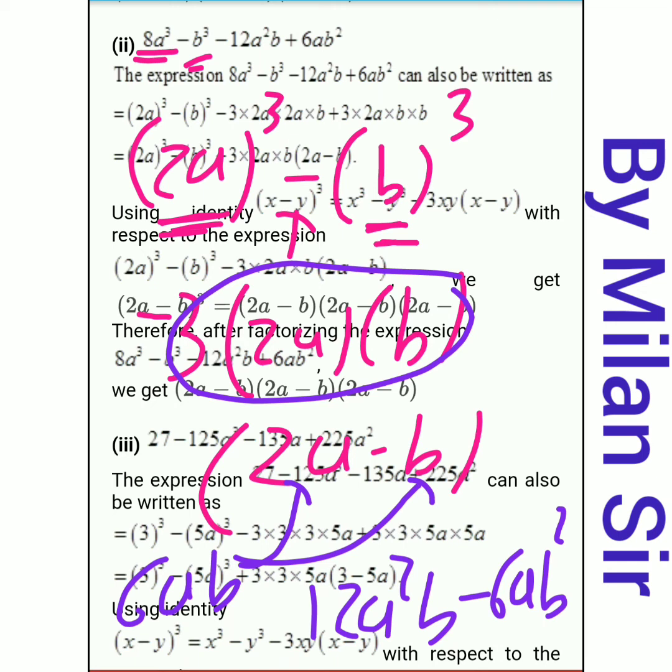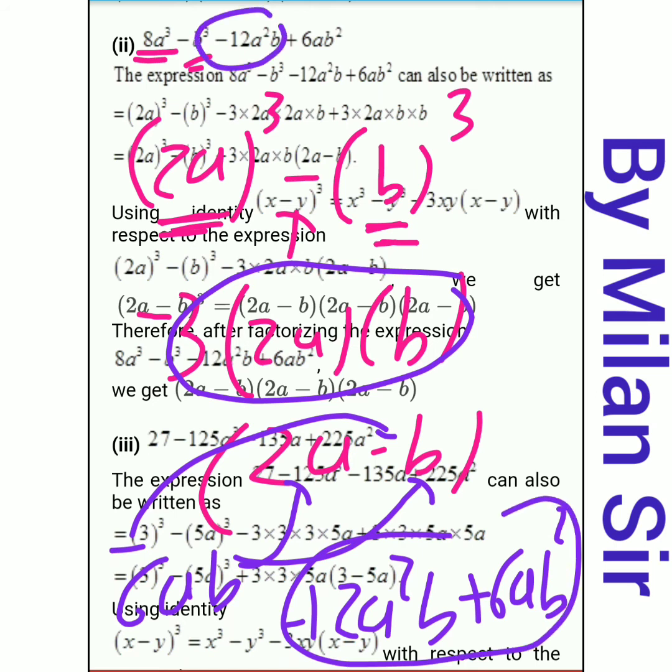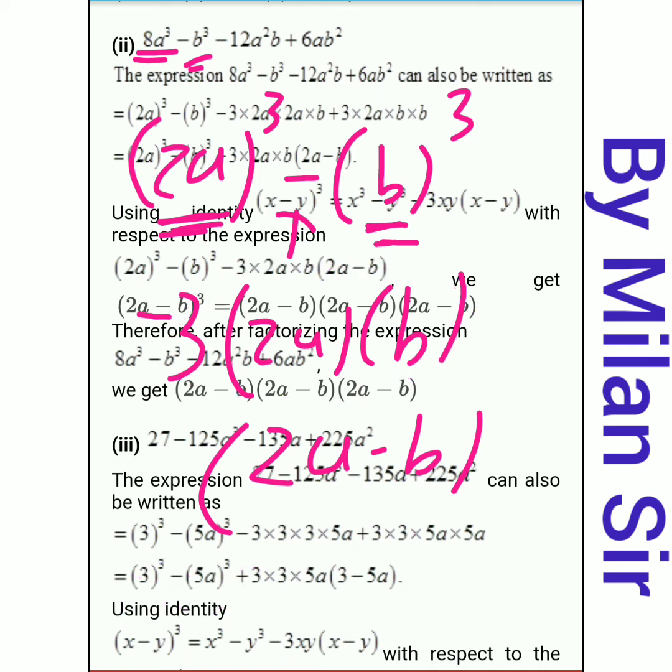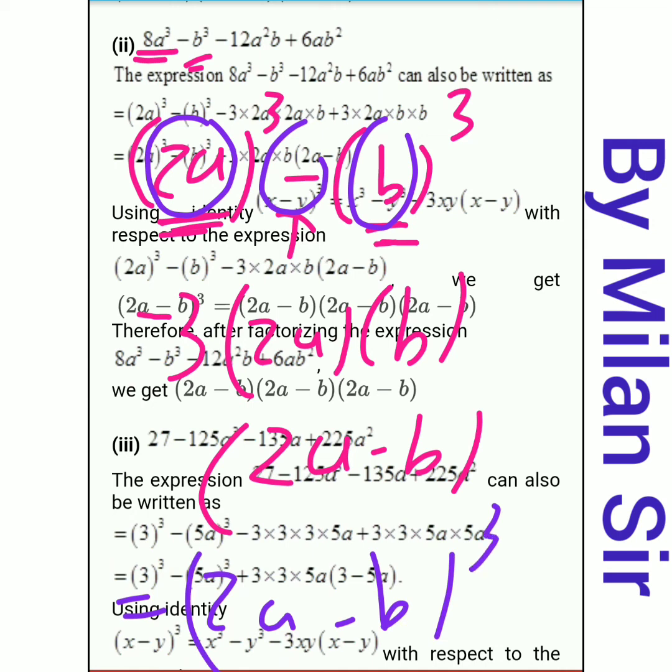Okay, but outside we have a minus sign, right? Here minus 6ab we have, so plus minus minus, but this minus and this minus becomes plus. So right now we have minus 12ab square and plus 6ab square here, so we can use this identity. Okay, so this is the checking, this is our rough work. Now directly we need to write the answer: our first bracket 2a, then this sign minus, second bracket b, all cube, that means 2a minus b all cube.